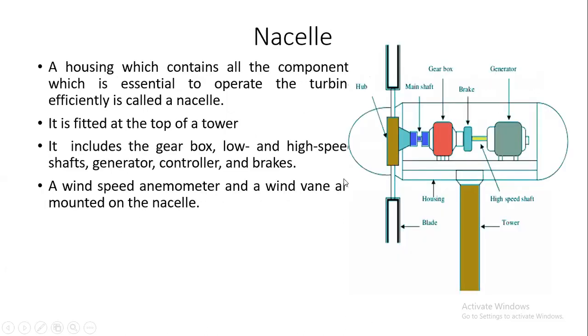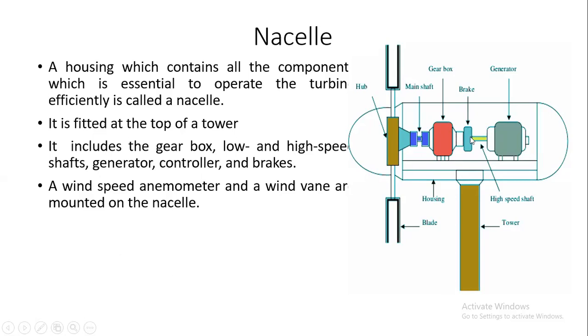Now, this one we call the nacelle. The whole structure we call the nacelle, and it consists of the outer shape of the wind turbine, including the rotor. Its starting part is the hub, then the main shaft, which is directly joined with the turbine blades, and then the gearbox is coupled with the main shaft. It is a complete set of equipment and components, which we will discuss in upcoming slides.